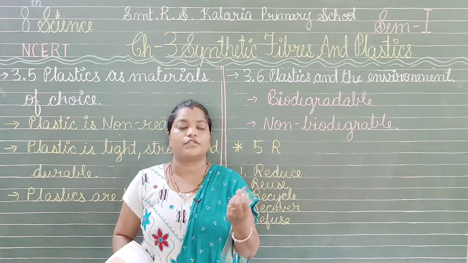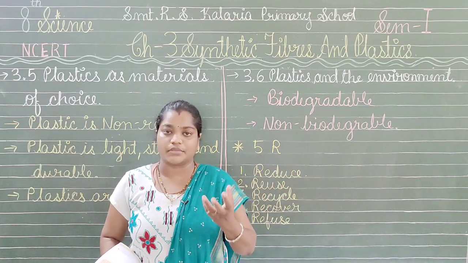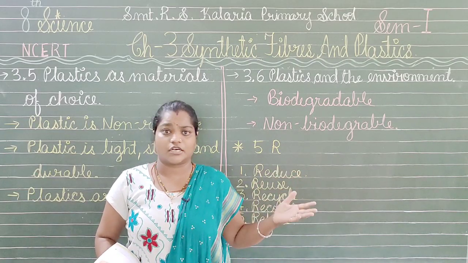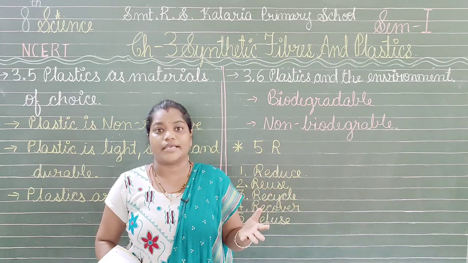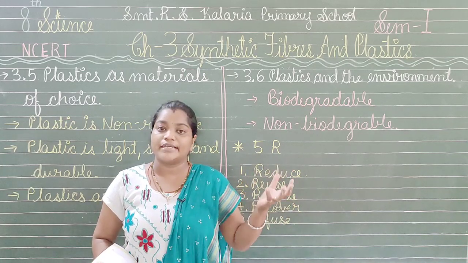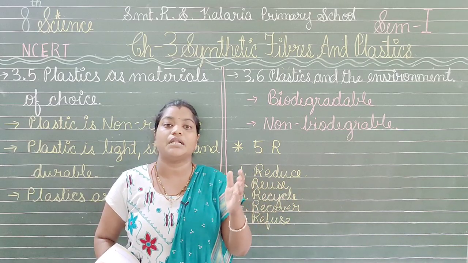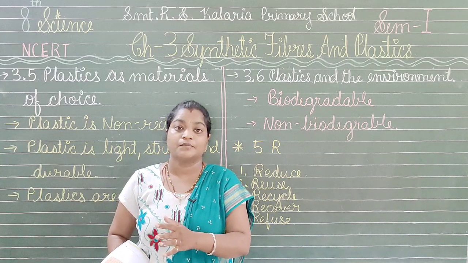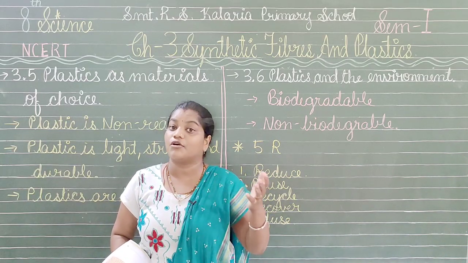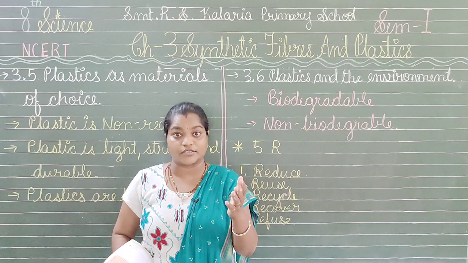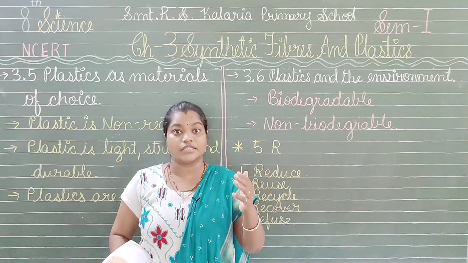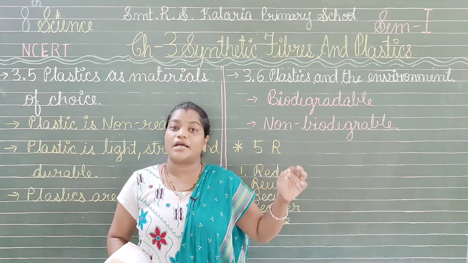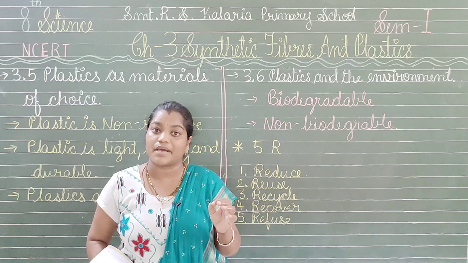Let me give you a simple example. You can take the peels of fruits and vegetables from the kitchen and keep them in a pit made by you in the mud. Just cover it again with mud. After a few days, when you go there and look for the peels, you will see that some of the peel portions have vanished. They have converted themselves into soil. It is one kind of manure that you have made by yourself using kitchen waste. It means that they are biodegradable, they can break down in the environment back into soil.